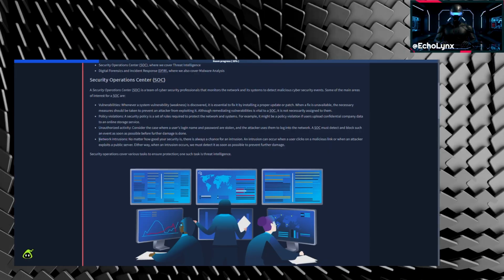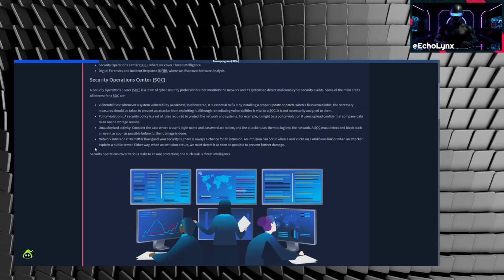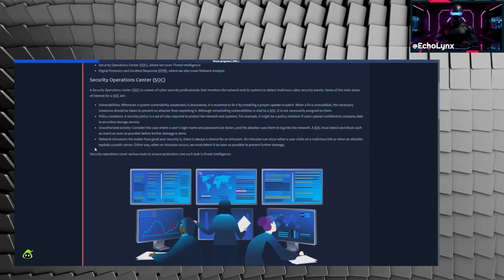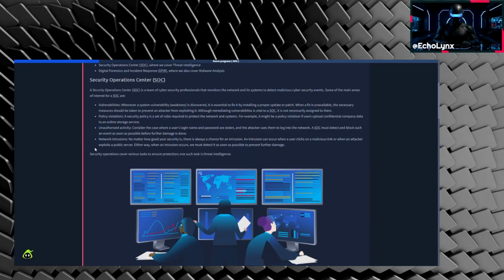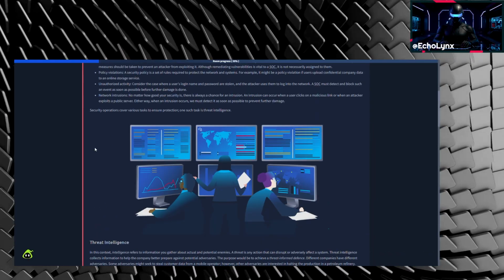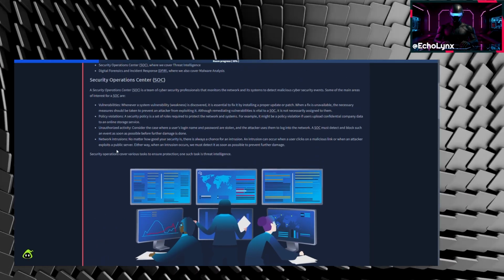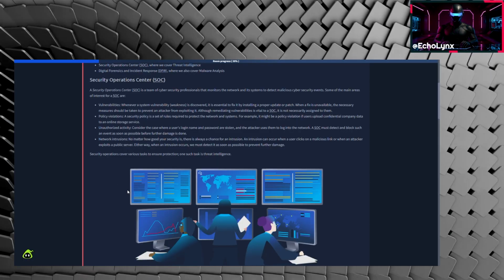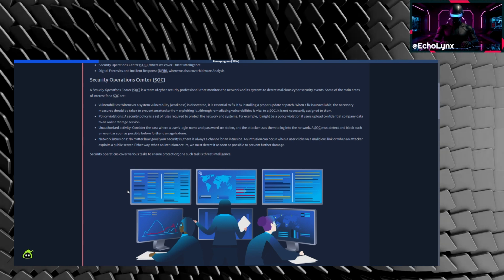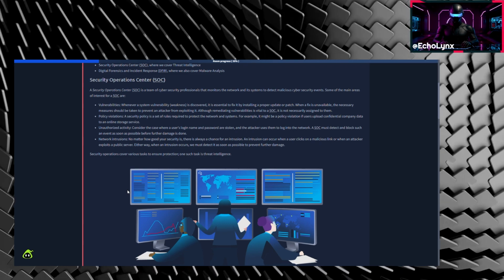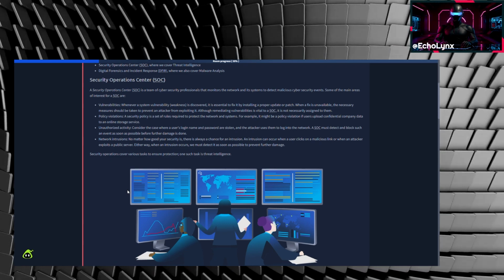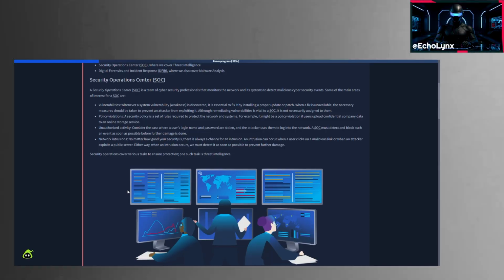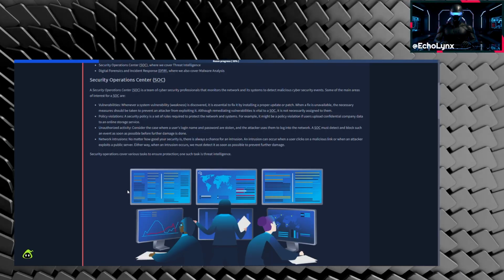When an alert looks real, the SOC confirms it, documents what happened, and responds. Things like blocking an account, isolating a machine, or escalating to the right team. Not every fix is done by the SOC. Patching might go to IT or engineering, but the SOC tracks the issue to make sure the risk is handled. There's also a day in the life section, so you can see exactly what this workflow looks like from alert